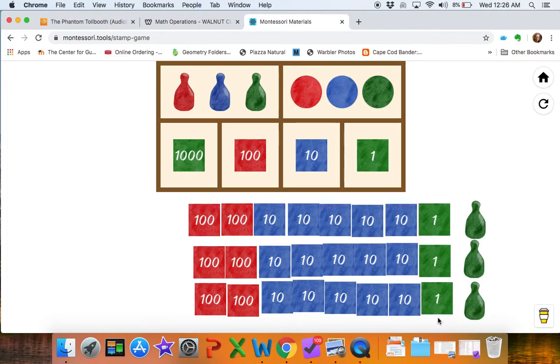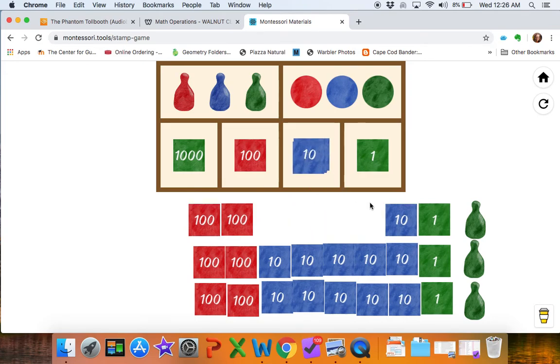We'll start by counting up our units, and there are 3 units, and we can put a 3 in the units column. Now, when we start counting our tens, we can count them one at a time, or we might know how to count by fives. 5, 10, 15. Now, 15 cannot go in the tens place, so what we have to do is exchange 10 tens for 100, because 10 tens is 100. 10, 20, 30, 40, 50, 60, 70,